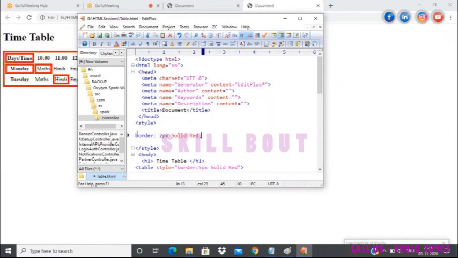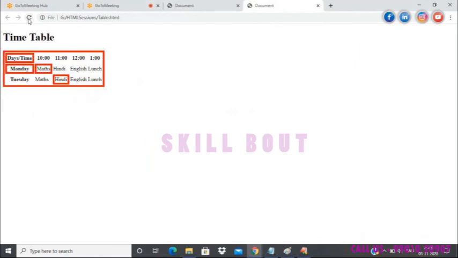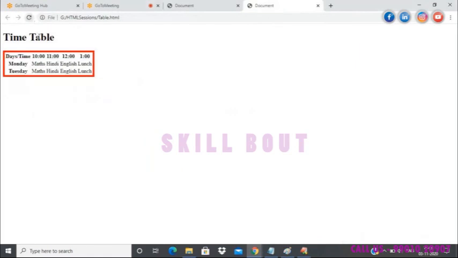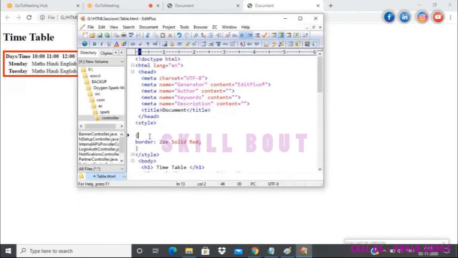And now I have the property, and the properties always have to be enclosed with braces. So this is the standard format. Whatever CSS you are going to write, it should be enclosed with the curly braces. Inside which you will be writing the CSS properties. Now this will not give any change to the table, unless...